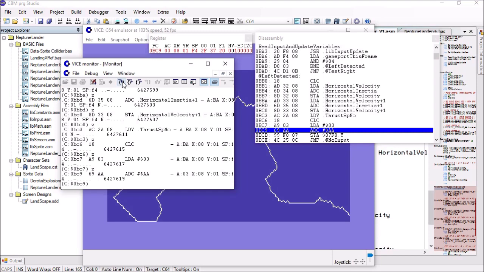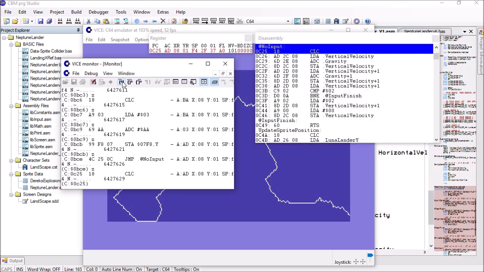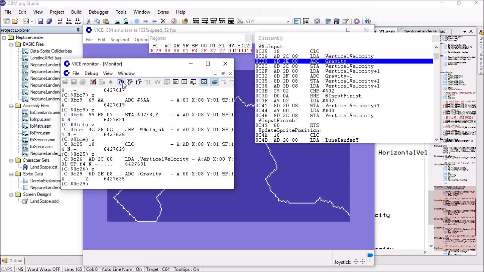Load 03 and it with AA. Oh right, that's setting there. Let's set it. So this is doing the gravity. So we load in vertical velocity, adding gravity,